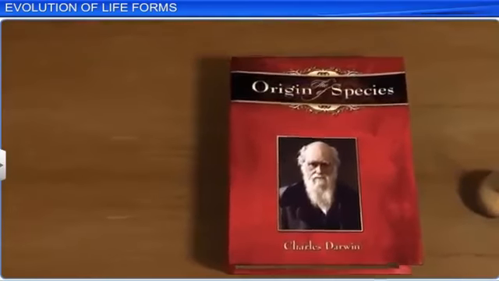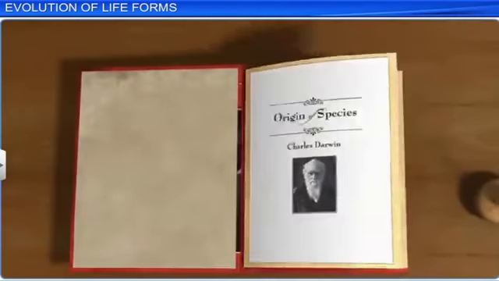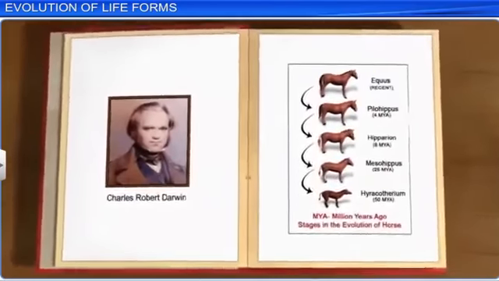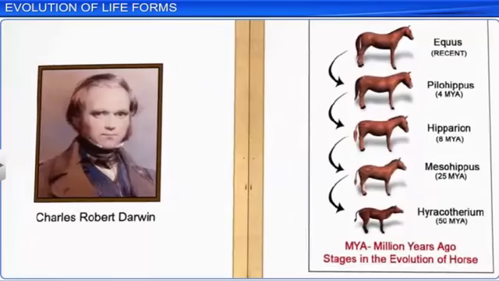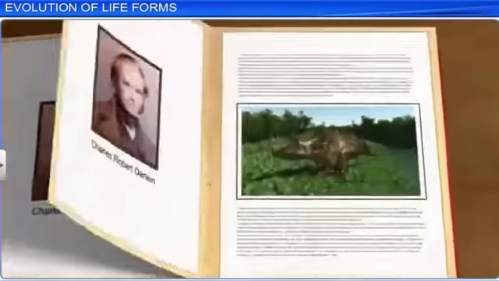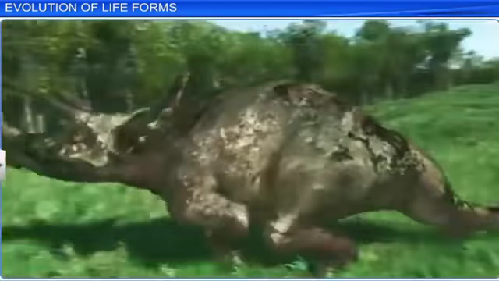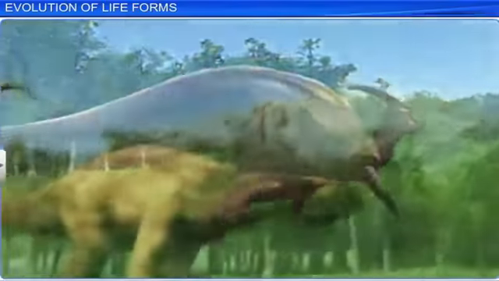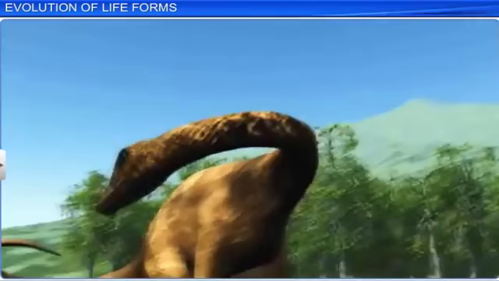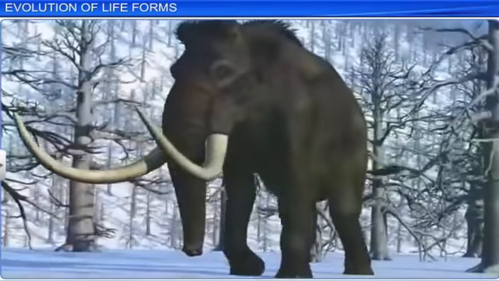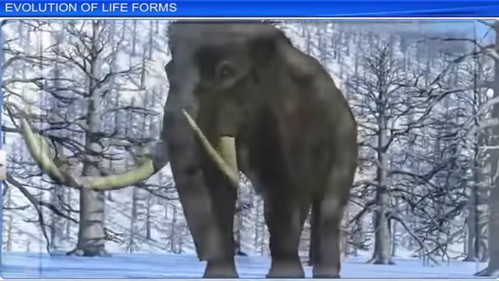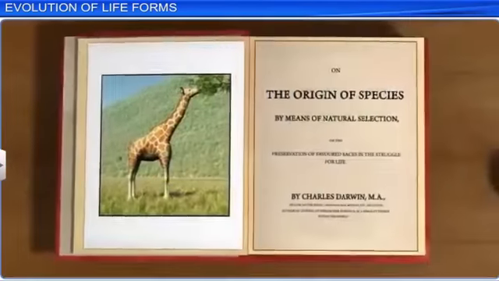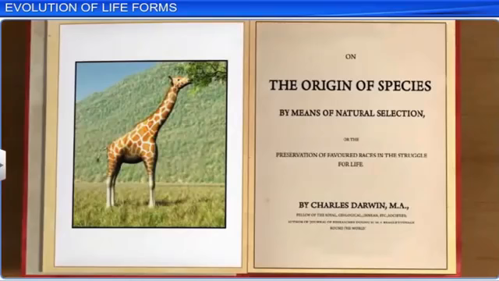Darwin pointed out that existing living forms share similarities to varying degrees among themselves as well as with life forms that existed millions of years ago. Several life forms have become extinct now. However, new forms of life have also come into existence during different periods of time. Therefore, life forms are constantly undergoing evolution. Darwin pointed out that natural selection was the mechanism of evolution.